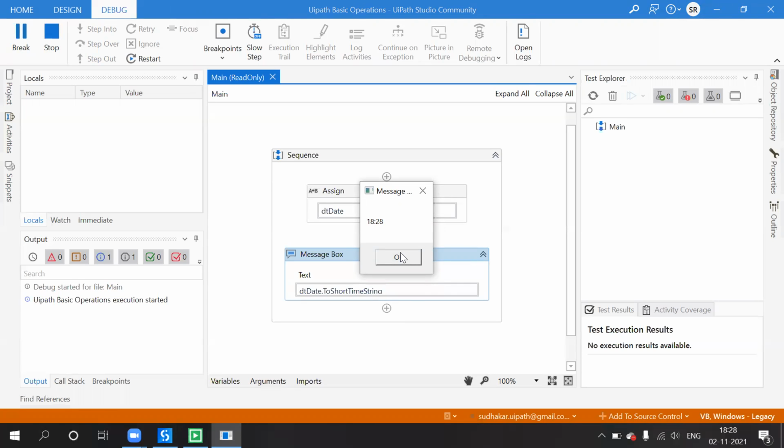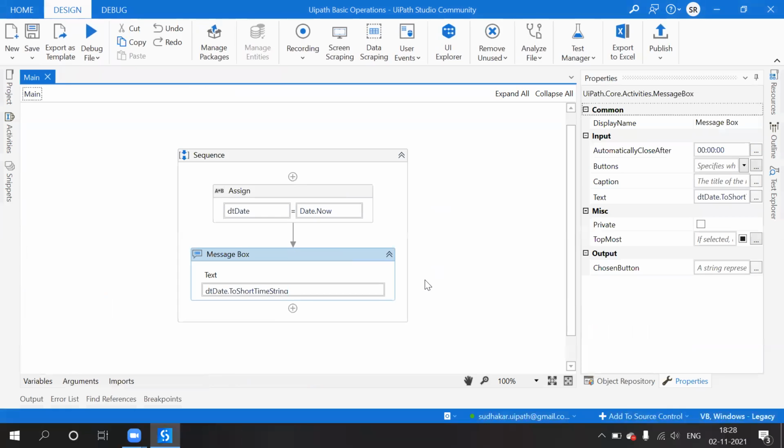Usually we use this in real time whenever you are allowing a user to add only a date. In real time we never use time. For example, if you would like to extract or pass some date value, like invoice date, date of birth, or created on and modified date, we will use only the date format. We never use the time format. So these are all about the date.